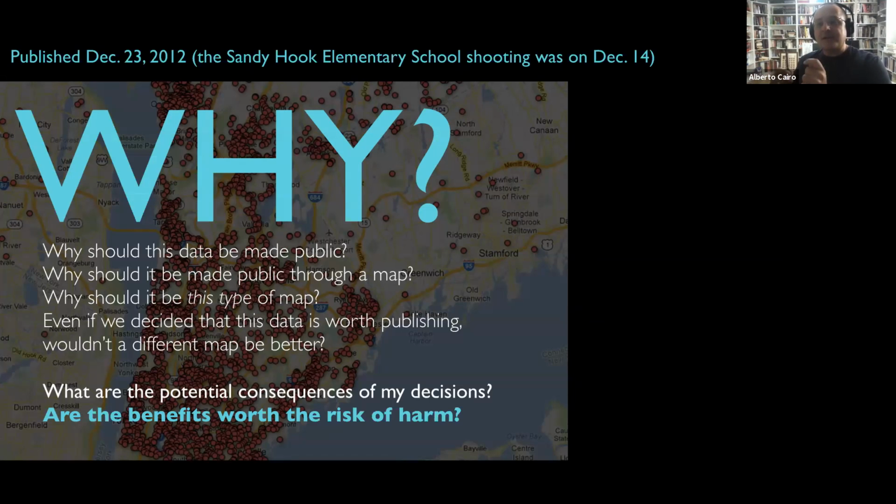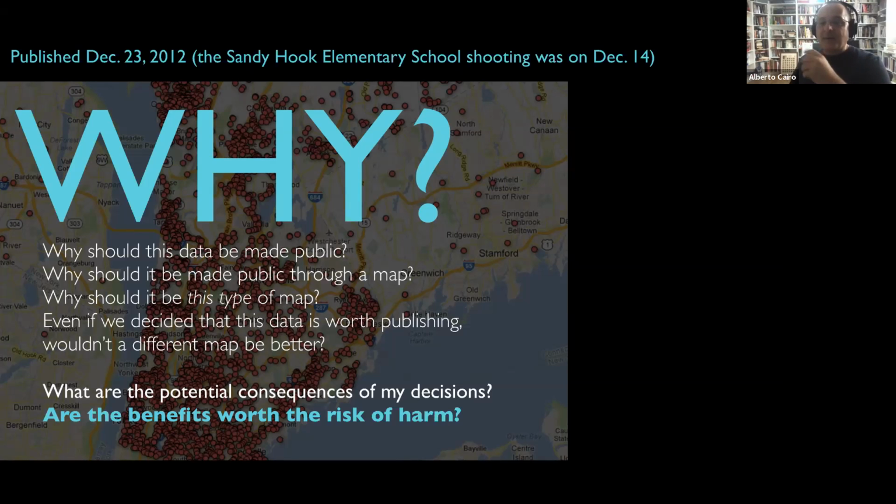way? Aren't there other types of maps that, for example, could aggregate the data at a higher level rather than pinpointing every single person? Couldn't we aggregate the data at a higher level and show areas, like in a choropleth map, which is a map that uses shades of color to represent, for example, rates or concentrations of people who have guns or not, gun permits, by the way. These are not gun owners. These are people who have gun permits, which is different. That's also part of the problem with that map, that you're probably putting here people who don't even have guns